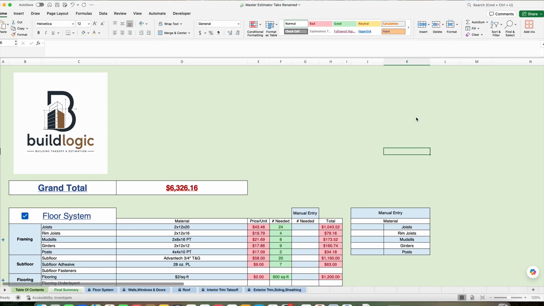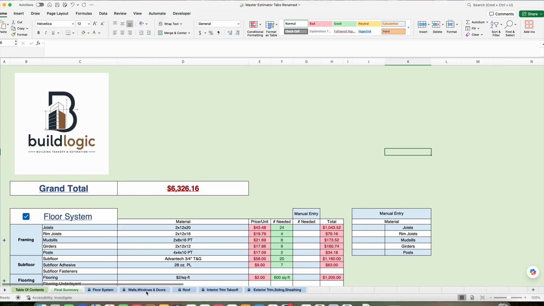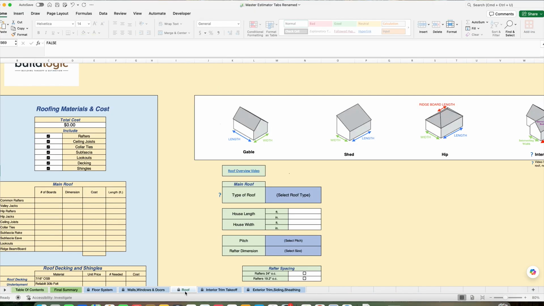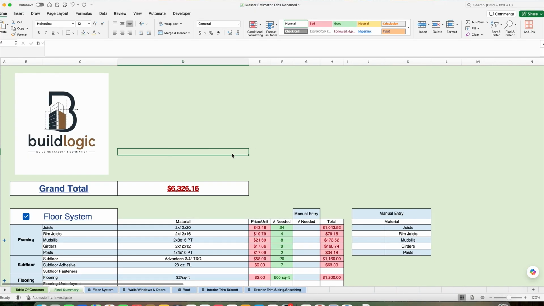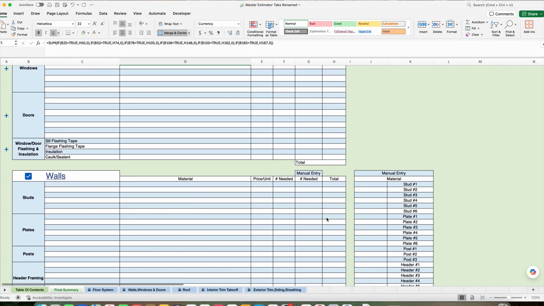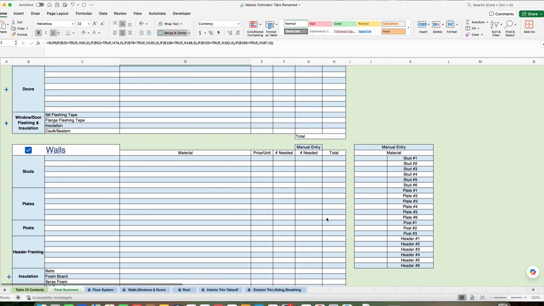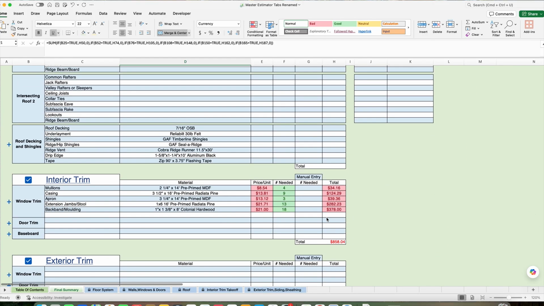Okay, this is our final summary tab. This is going to pull all the information that we've put in our input tabs over here into one central location where we can see the grand total and a list of all the material we're going to need. So if we scroll down, you can see we have our floors, windows and doors, walls, roof, interior trim, and